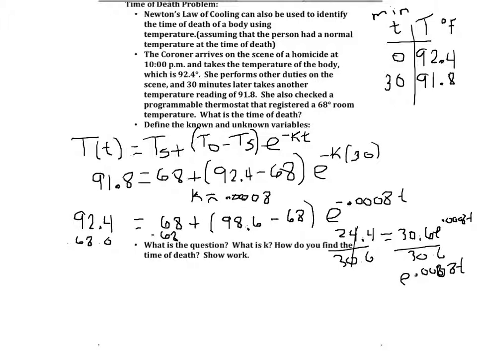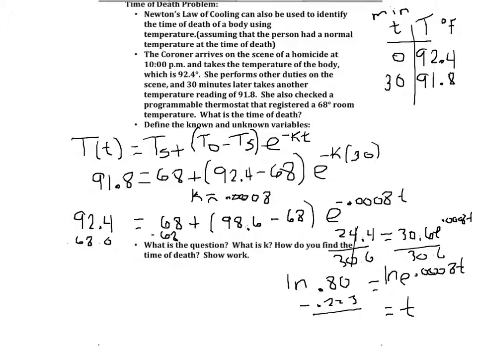So 8/10,000ths times t is equal to 24.4 divided by 30.6, which was 0.80. And then when you take the natural log of both sides, I take the natural log for the inverse of e, I'm going to get t is equal to negative